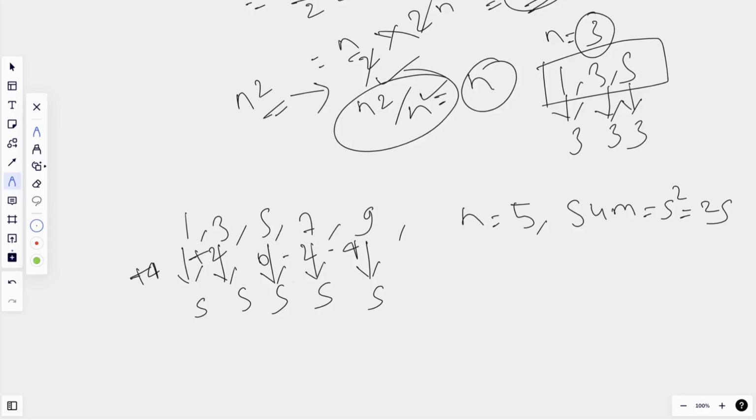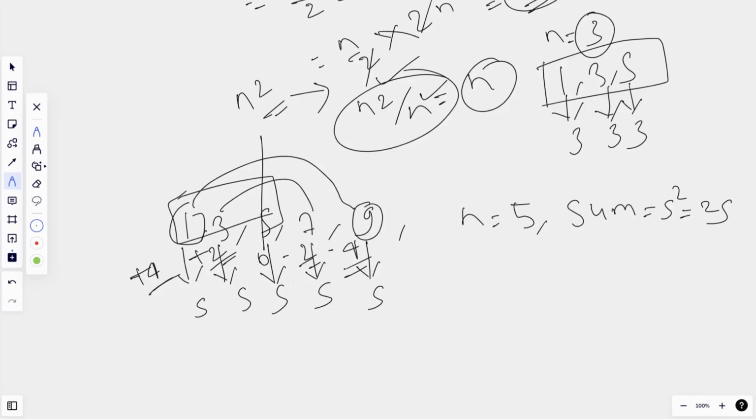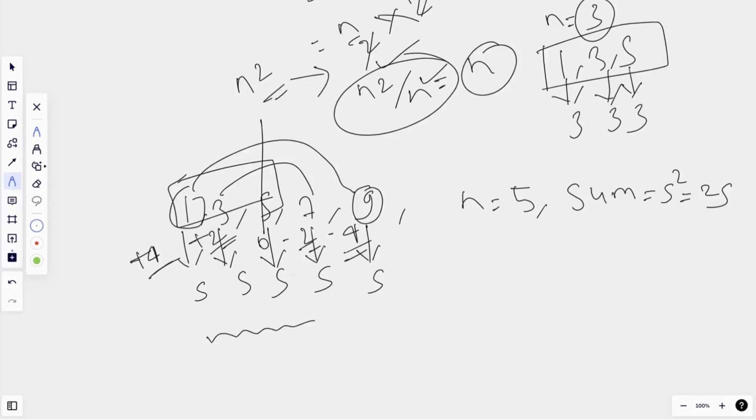So what we can see is there is a symmetry: the first element we can always pair with the last element because it needs plus 4 and it needs minus 4. So we can pair these things. Similarly, we can pair these elements because this needs plus 2 and this needs minus 2. So what we can do, we can iterate half of the array and calculate the number of operations required to make each element n. So this is the simple solution of this question.